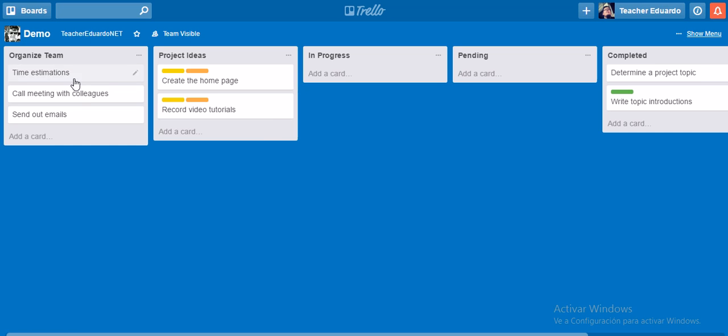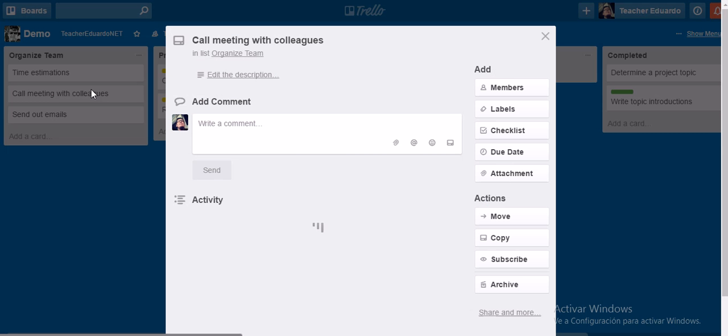Now, checklists are available in all of the cards. So I'm just going to click here on, let's say here I'm going to call a meeting with colleagues. But actually for me to call the meeting with colleagues requires that I set up a series of micro steps, which I need to verify. So let's open up here, and